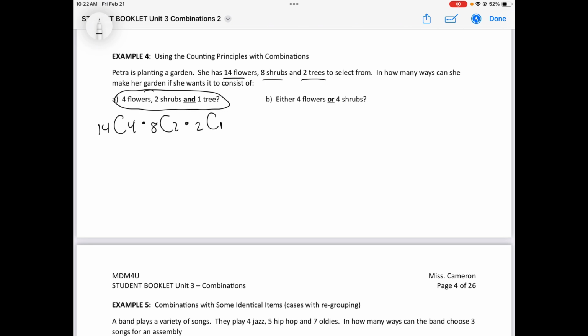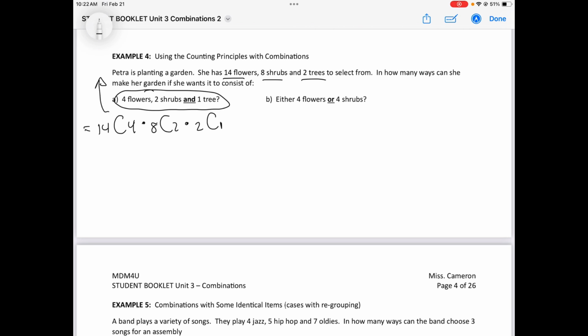If you expand this, you're going to get a big number. I'm okay with the equation right now. This is the equation for the number of ways that she can make her garden: 4 flowers, 2 shrubs, 1 tree. Okay, so we saw this in the previous question. Now,